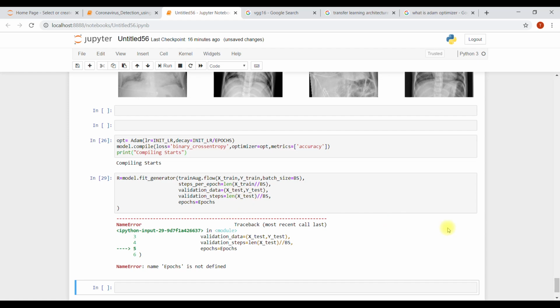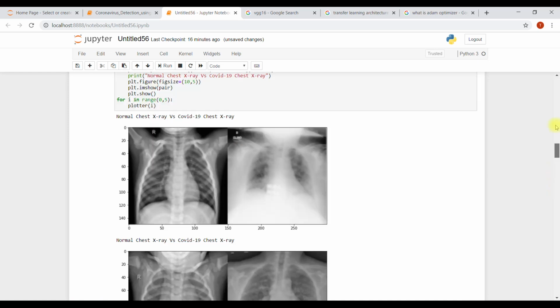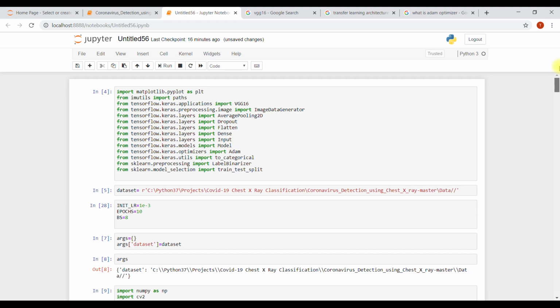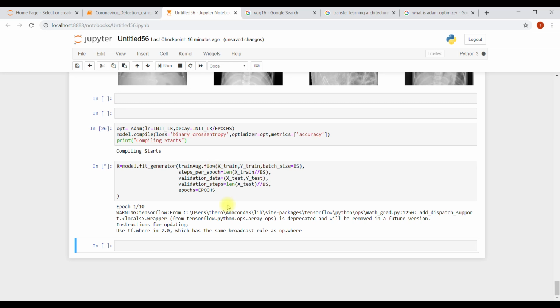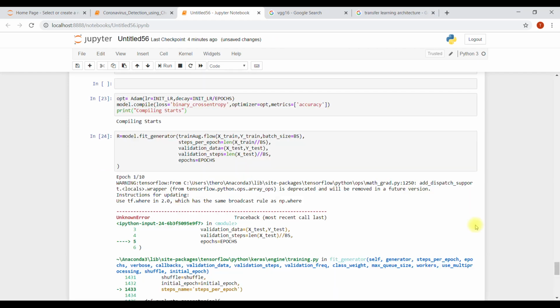Epochs was not defined. Oh, what do I have? EPOCHS, it's in capital letters above. Training has started. Perfect. We are reaching toward our goals.